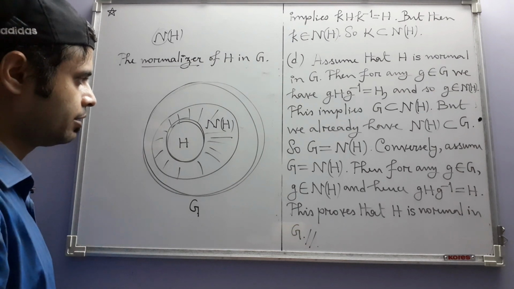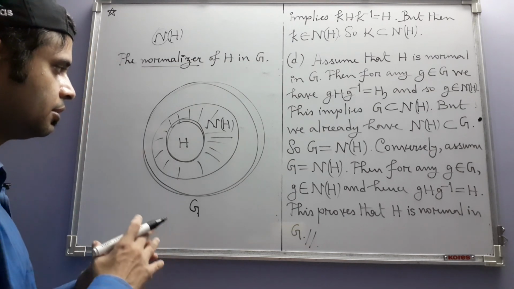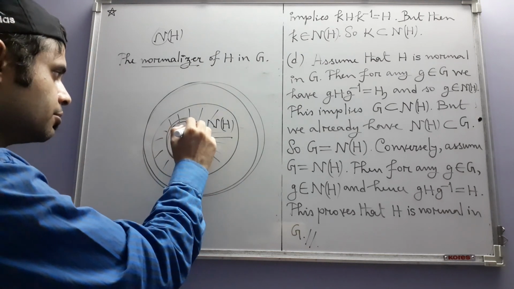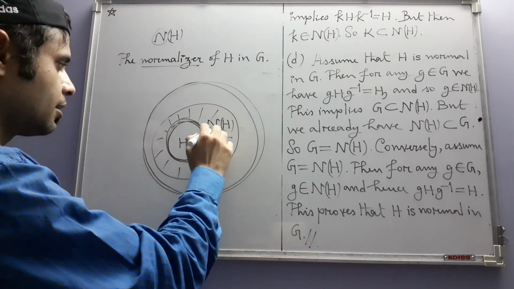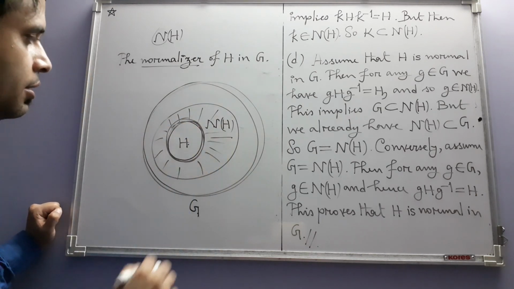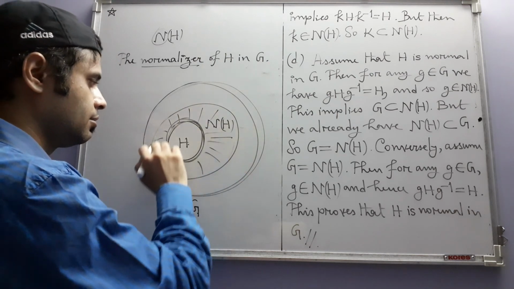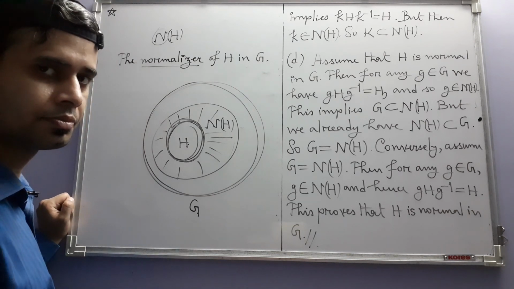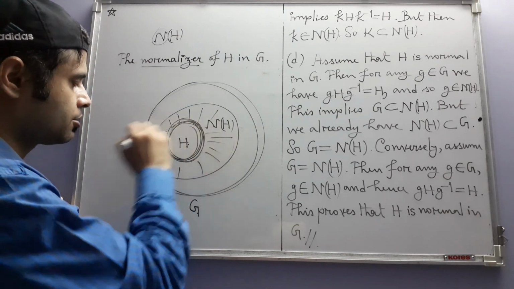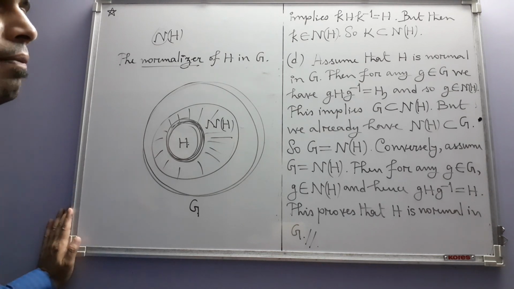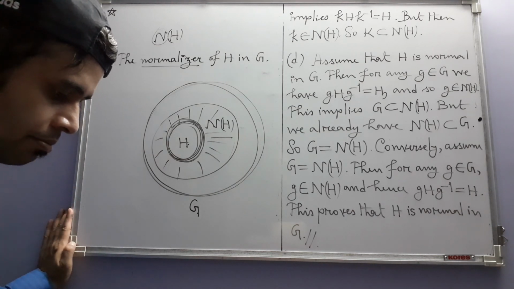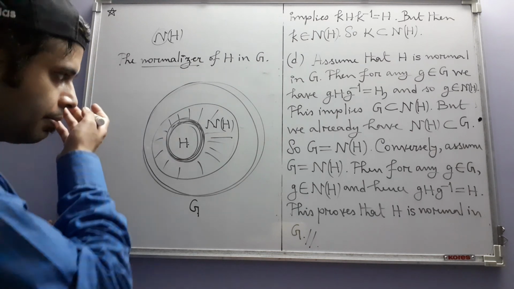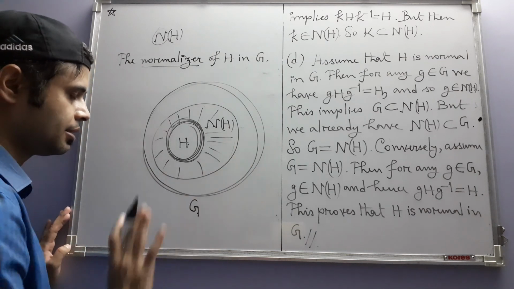And for every subgroup you will have a normalizer. There are some subgroups whose normalizers turn out to be equal to the subgroup itself. Their largest regions in which they are normal are the smallest possible. Such subgroups are also there. Do they have a name or not? I don't remember. I don't think they have a name. Something else has a name, but that is a different thing.